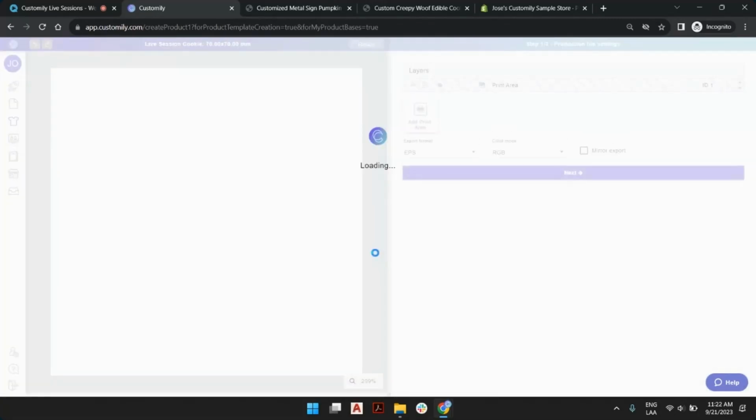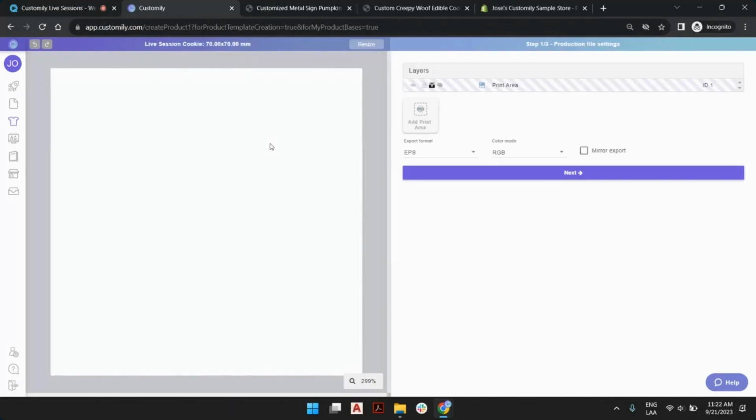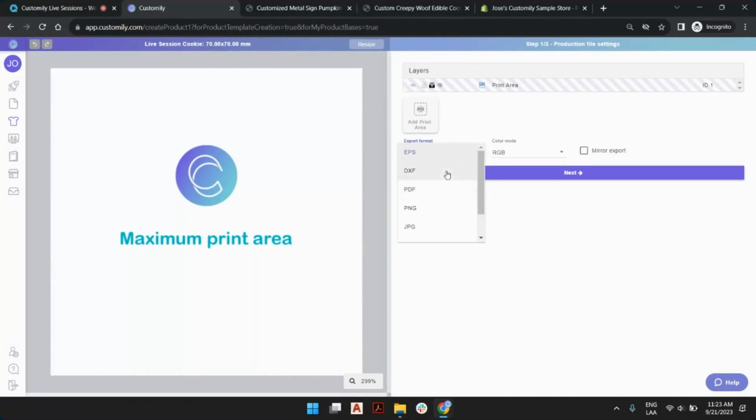Basically, I have created a print area, and this will later be filled with any design that I want. I need to make sure that the print size is exactly what my product is ready to handle. And also, the export format will be what my printer is going to handle. In this case, I know my printer will be working with PNGs in 300 dpi. So whatever is going to be created later here as a design and customized by a customer will be exported in this format. So now that I know how I am going to be printing, I'm going to click next